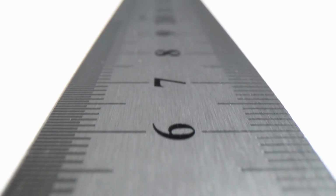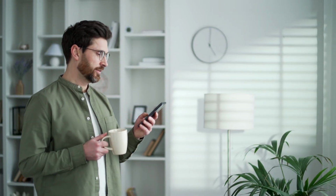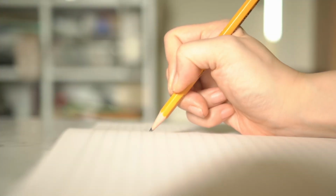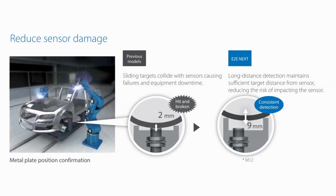7mm may not seem like much. It's less than the thickness of a new iPhone and less than the diameter of a standard wooden pencil. But in the world of inductive proximity sensing for industrial automation applications, 7mm can be the difference between consistent detection